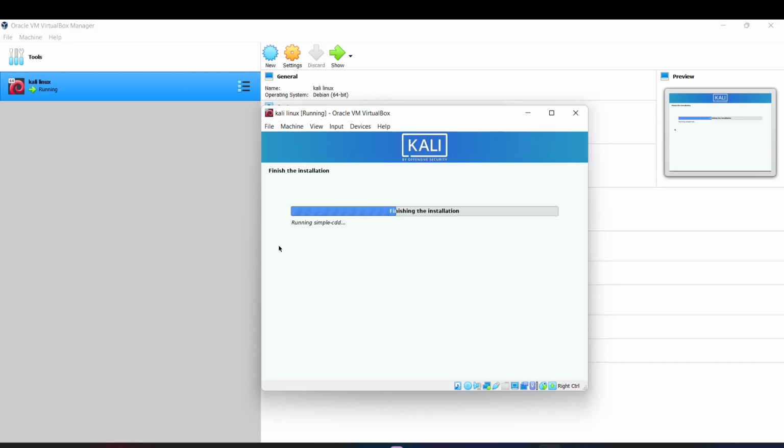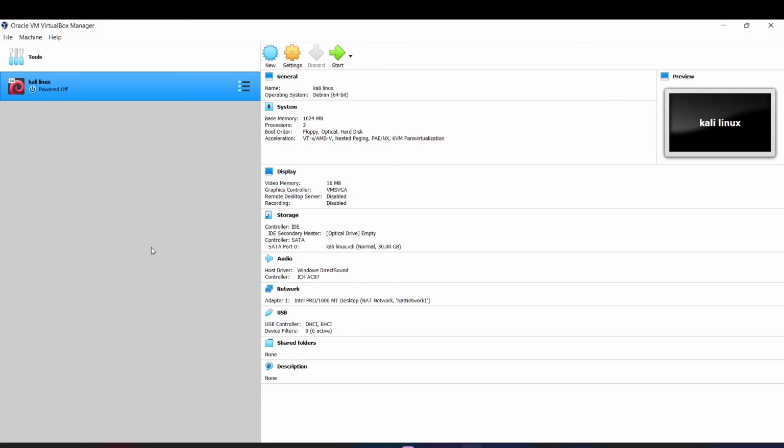Okay, then after finishing the installation, I will be back and I will show you the booting process of Kali Linux. Okay, now guys, everything has been completed, as we did the installation of Kali in the video, right? The partitioning, loading files, GRUB installation, installing some default software, and finishing the installation, everything has been done. Now it's time to turn on the Kali machine.